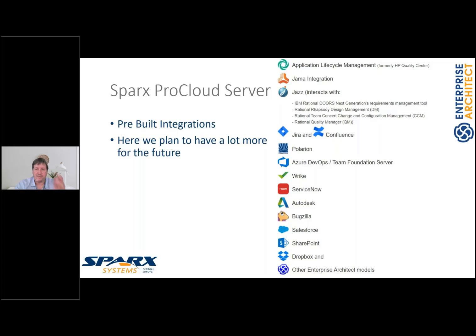and a Codebeamer integration. I've forgotten, they have changed their name recently. They don't name it that anymore. They have a new name for their platform. The IBM ones. Then we have a Jira and Confluence integration. In Germany, we would say Jira, but Jira. Polarion is a recent one, one of the latest ones. Then Azure DevOps or former Team Foundation Server integration, ServiceNow, Autodesk, Bugzilla,